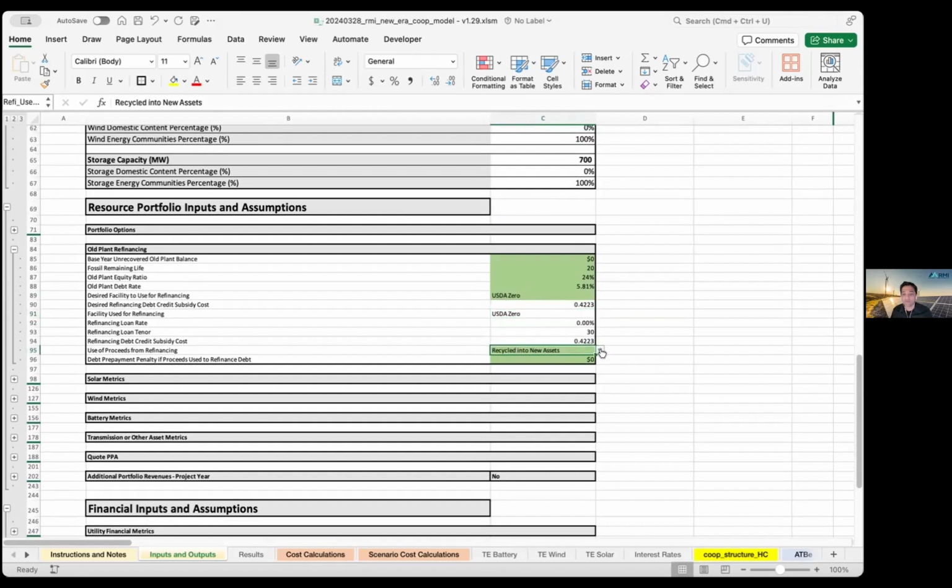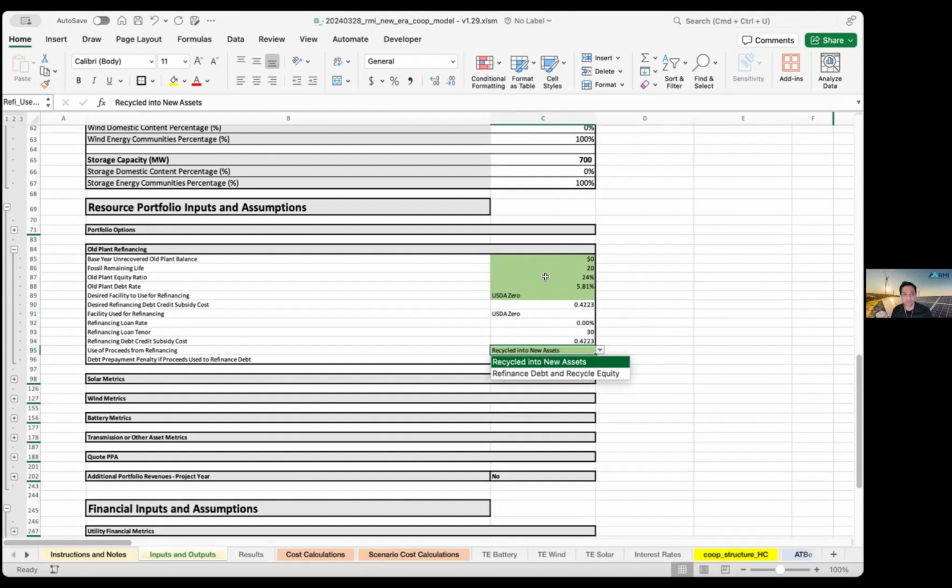Next, you have the flexibility to make a couple of choices about how you use the refinancing facility being provided by, for example, USDA or other debt. Whether you assume that that's going to be refinancing that's immediately recycled into the capital that you use to build the new asset portfolio that you've got, or whether you use it specifically to refinance a portion of the